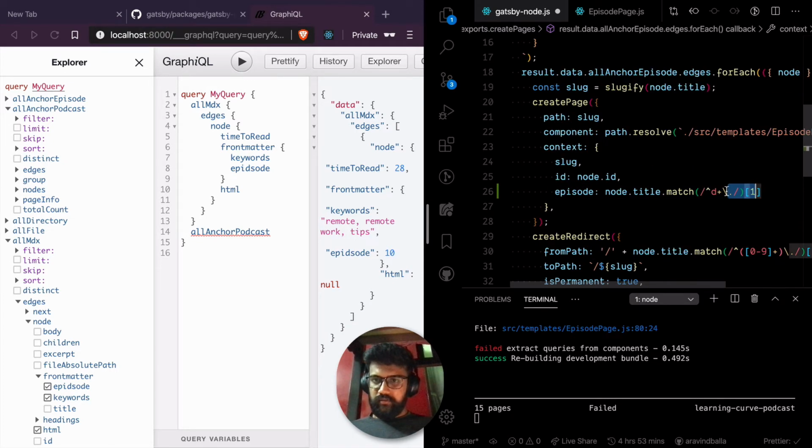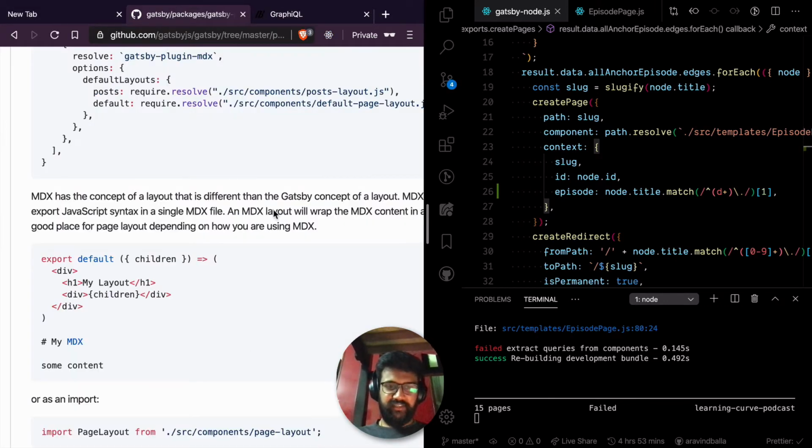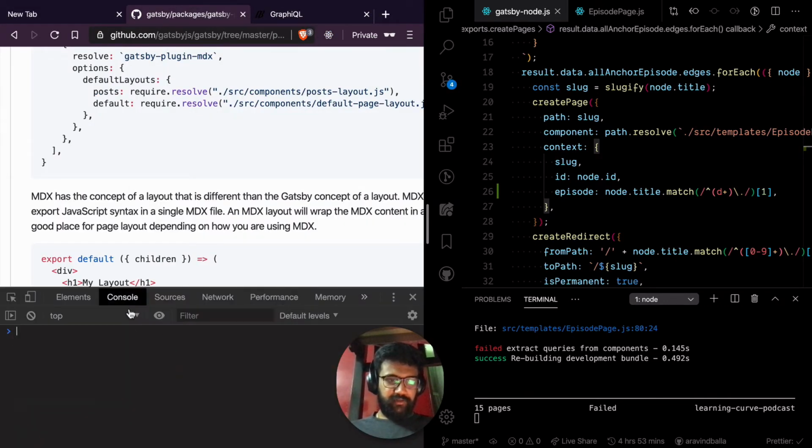So yeah, we are writing a lot of regex, so it's good to test things before we actually proceed. So what happens is we get the episode like this. Okay, so we are matching it with a regex, where in the start we are searching for a D plus or 0 to 9 plus, cool, till the dot.